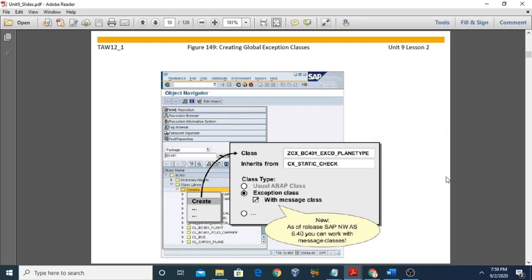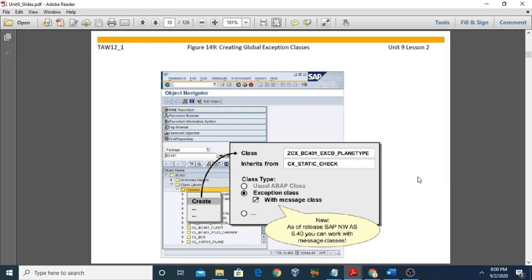Let us start with the procedure of creating the global exception classes. In this slide you can see how we can create the global class exceptions. First of all, if you have created all the classes and want to create the exception class, just go to SE80, open the package and select your class in which you want to create the exception class. Then right click on the class and click on create. It will open a window in which you need to define your own exception class. So the user can also define the exception class here.